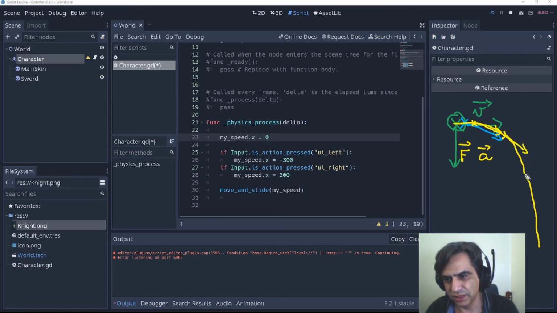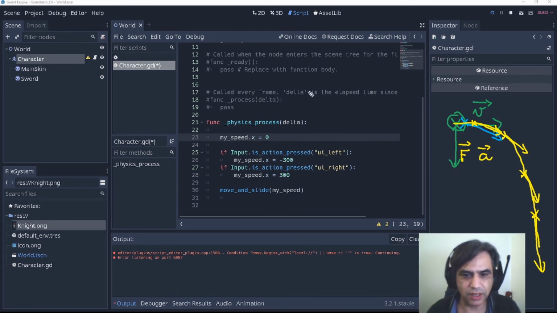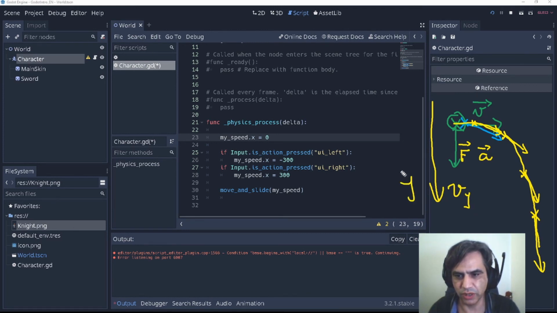It's going to increase the length of the speed, because it's like adding something, in this case, to the y coordinate. So we are increasing the speed in this direction, Vy, the y coordinate.